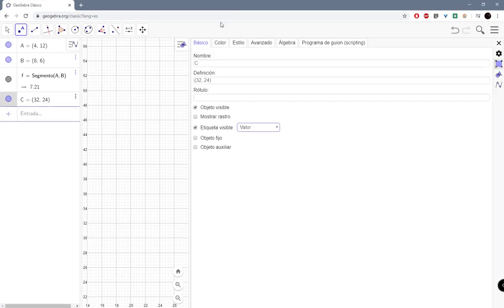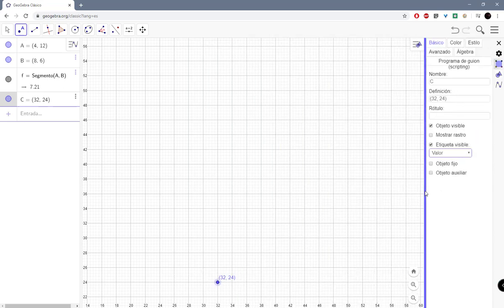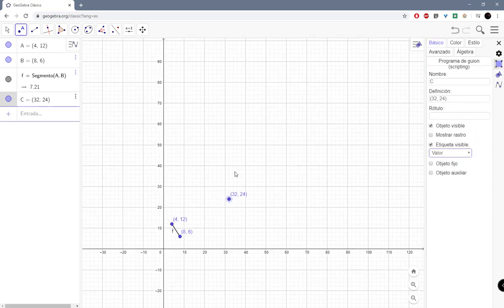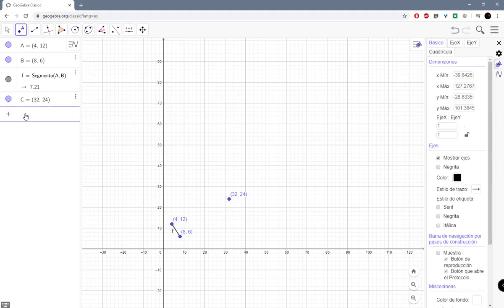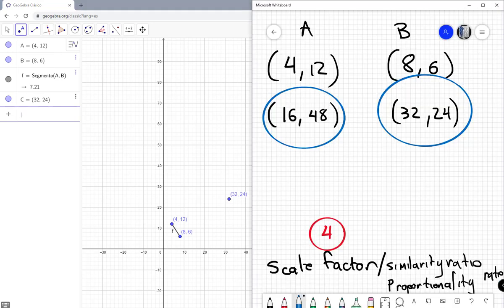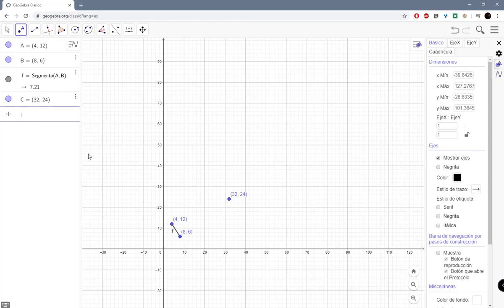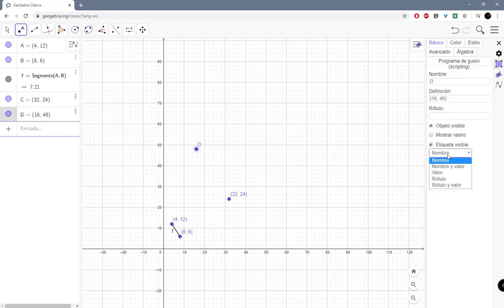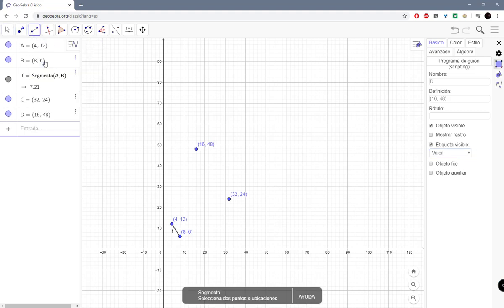Okay, but you also have this option to create it. Here you just have the option of writing the coordinates of the point here. And let's do it with the other point. The other point is 16,48. So we write parentheses 16,48, and it creates the point 16,48. So we go here, we click valor, and there we have it. Now we can join it with the tool segment,